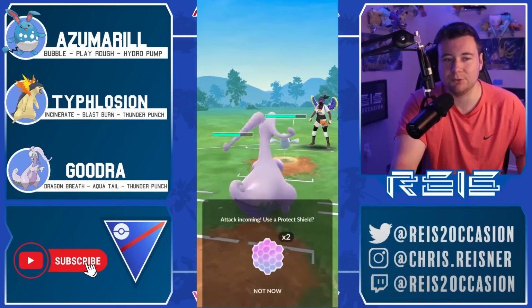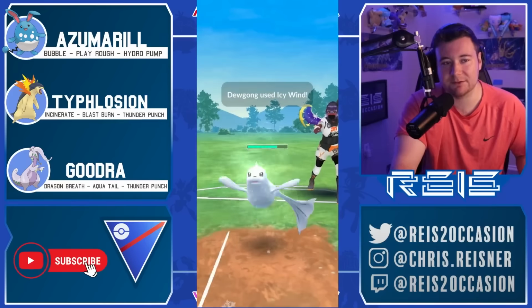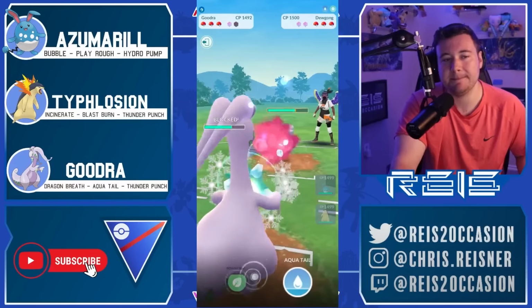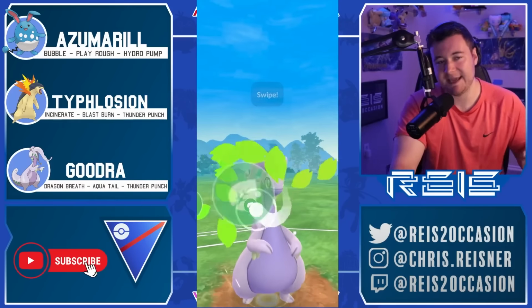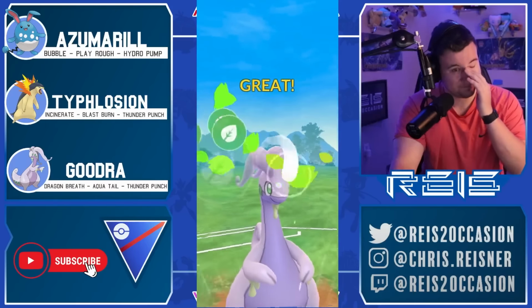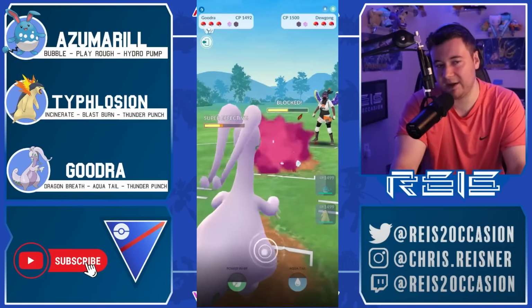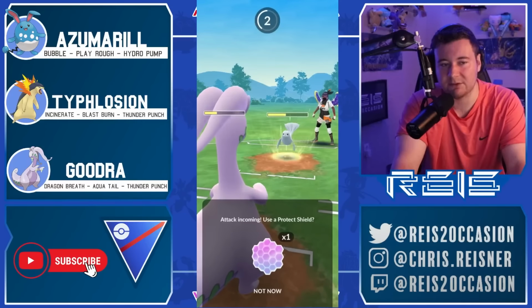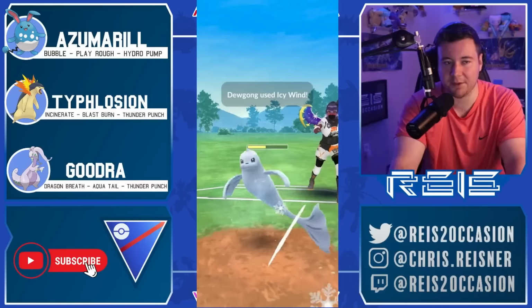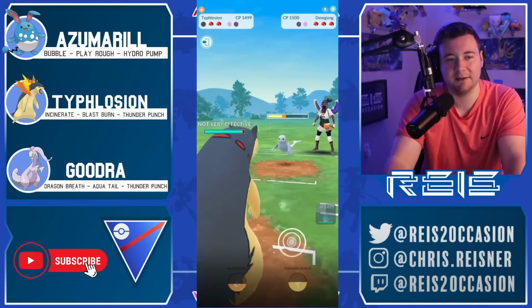We're going to use the Goodra as a counter swap to Dugong. Not really the best counter swap here, but it's awkward because it's tough to stay in. Staying in isn't the best. Swapping Ty is probably the best play. I think you probably swap Ty as a counter swap here because you outpaced the Thunder Punch. So yeah, probably would have been better off swapping Ty as the best play, but it is kind of weird,